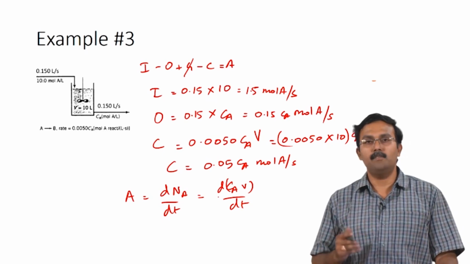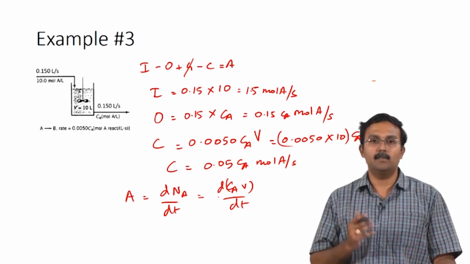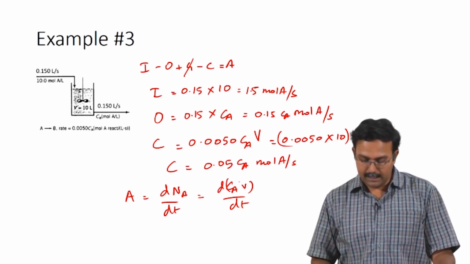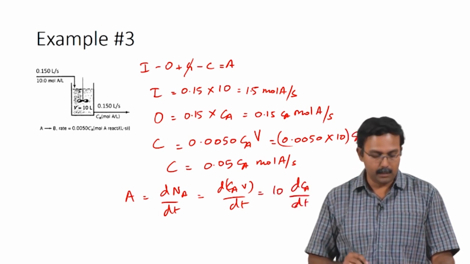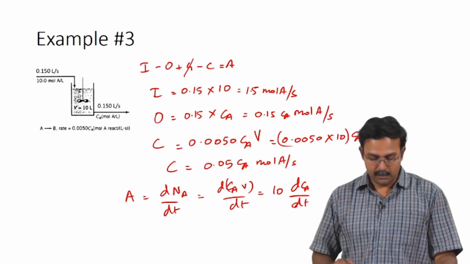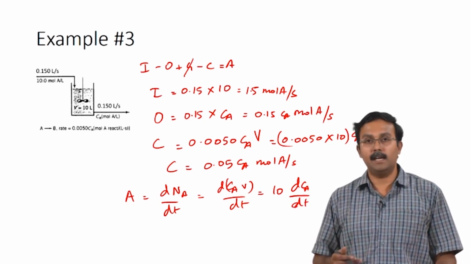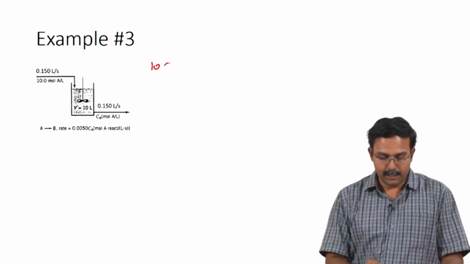As the inlet and the outlet flow rates are equal, the volume of the reactor will not be changing, and the volume of the reactor has been given as 10 liters. So, this d(CA V)/dt can be written as 10 times dCA/dt. So, this would be the equation for accumulation. Now, substituting all these back into the general material balance equation we had, we would get 10